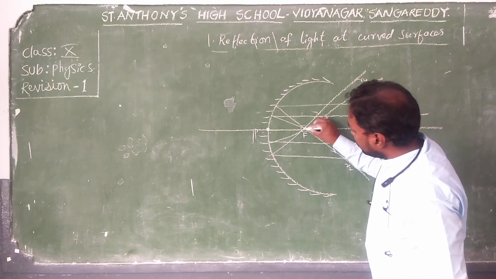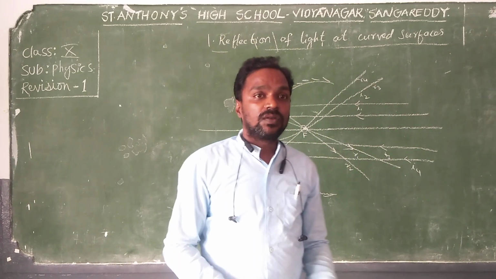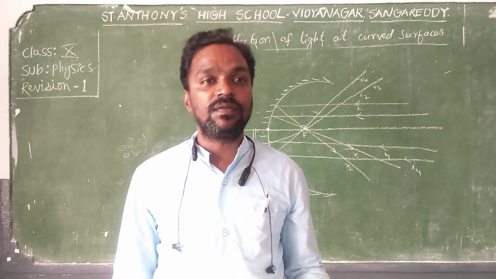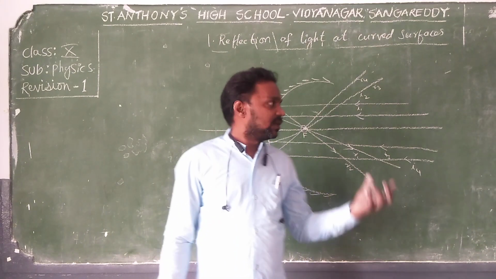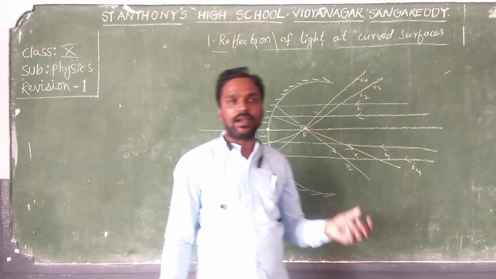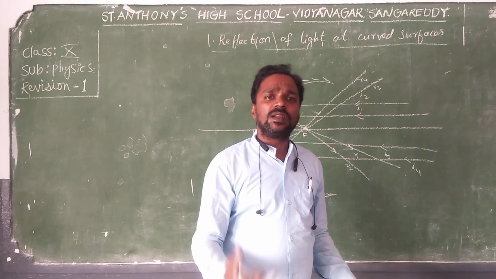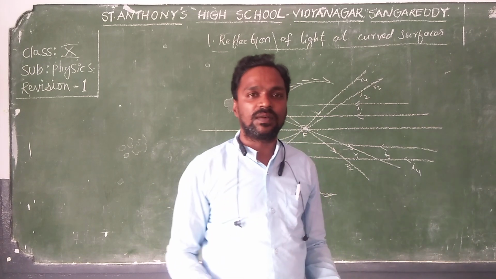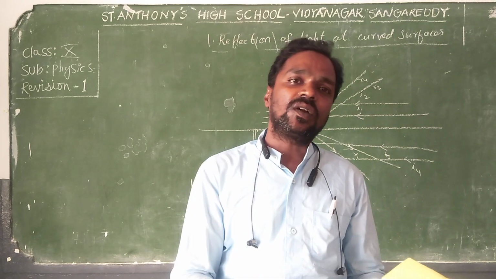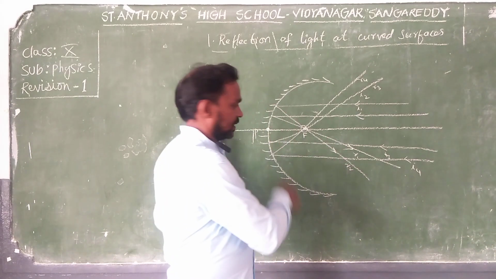So here the temperature will be increasing. Not only 4, we can take more than 4, an infinite number of rays. That means all these reflected rays will meet at one point. At that point, if you keep a vessel, the temperature of the vessel will increase. If you keep water or milk in it, the temperature slowly increases and it starts boiling also. That is the principle of a solar cooker or solar heater.